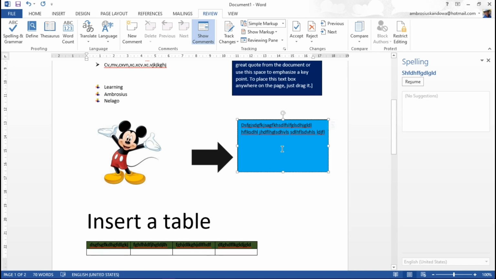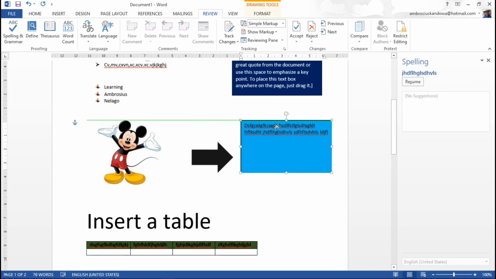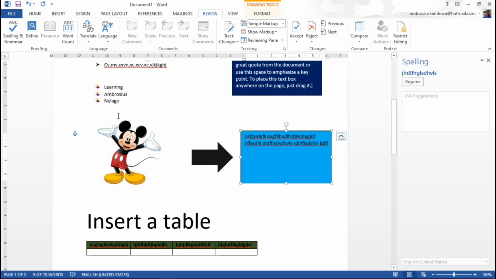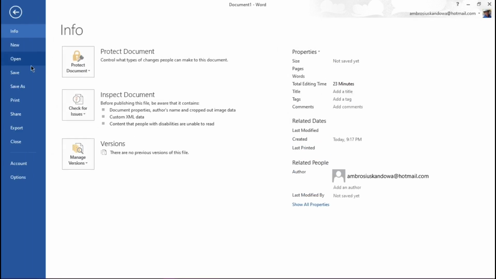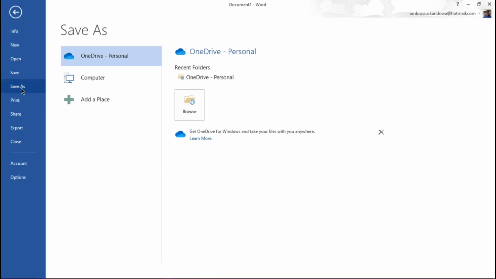So let's say you are done with everything, you are done writing your file. Now you just need to save it, and to save it you can come up here and then you can save or save as, and then this option will come up. You can either save it on OneDrive. With OneDrive, you can see that mine, I'm already logged on to my OneDrive account here. It will ask you first to have an